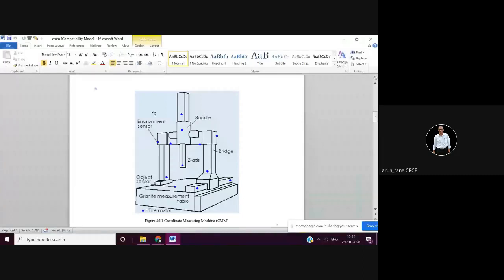Normally, the question which can be asked is, what are the advantages of CMM? Just draw and explain. Draw a sketch of CMM. A sketch of CMM means this is enough, and explain the working and how it works and what is digitization, etc. So maybe for 4 marks or 5 marks. But it's a repetitive question.